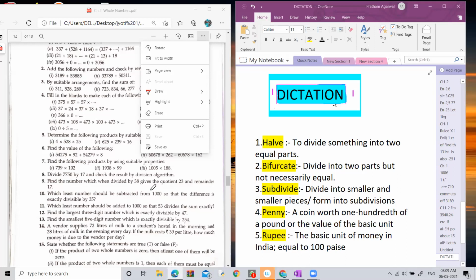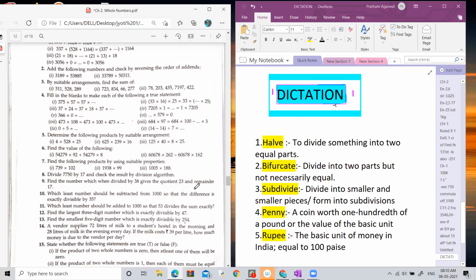Any one of you can keep yourself unmute if you're interested, but there should be no noise. If anyone is interested, please raise your hand. Okay, very nice, Anmol. Devyansh, very nice. Okay, you can unmute yourself, Devyansh.